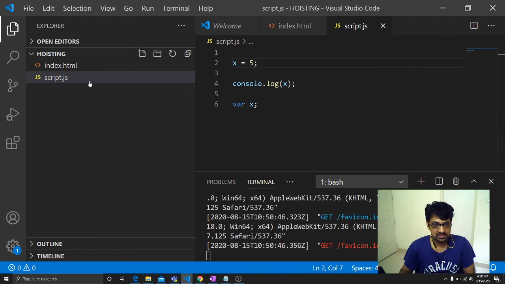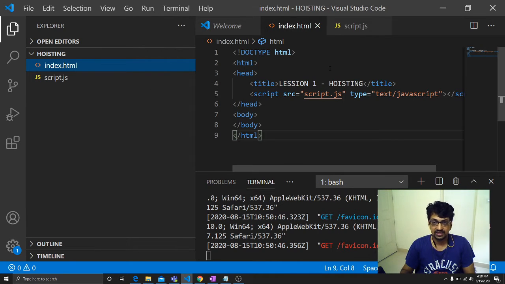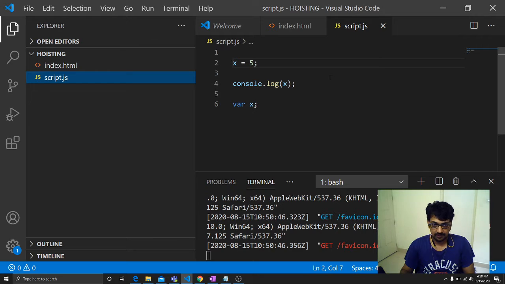This program just consists of an index.html where I have included a script file, script.js, and this is the file. This is a very simple file. I have included only a few details to explain to you what hoisting is. Here you can see I am initializing a variable x with 5, but the declaration has been moved to the last statement of this file. As well as initializing the variable, I am also logging it into the browser console using console.log.